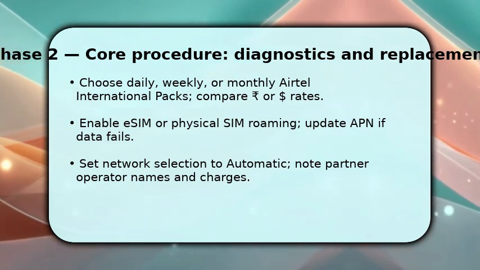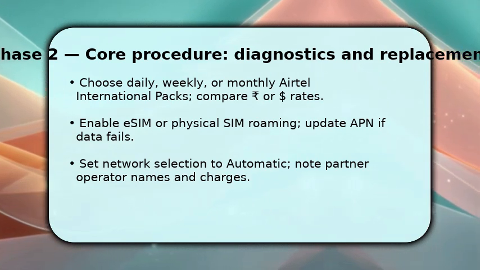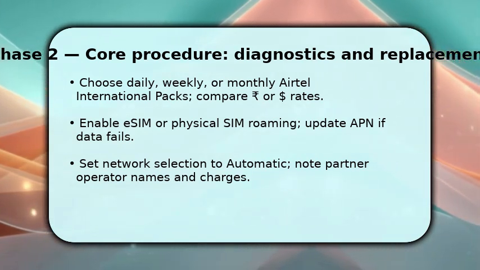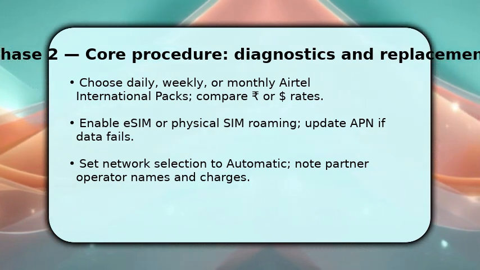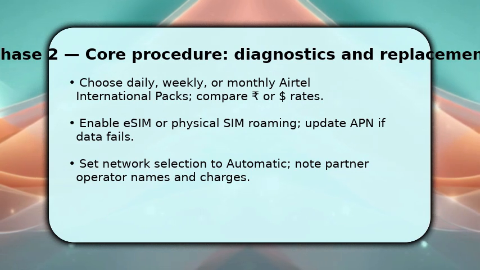Make sure APN settings match Airtel's roaming profile if data doesn't connect. Keep network selection on automatic so your phone chooses the preferred partner. This minimizes manual reconfiguration and prevents